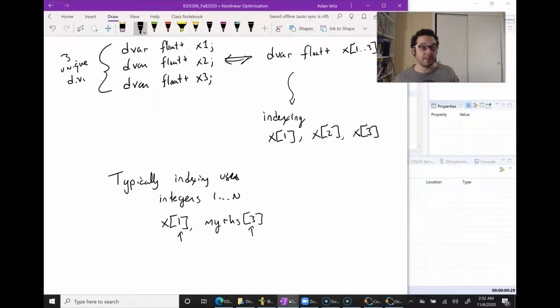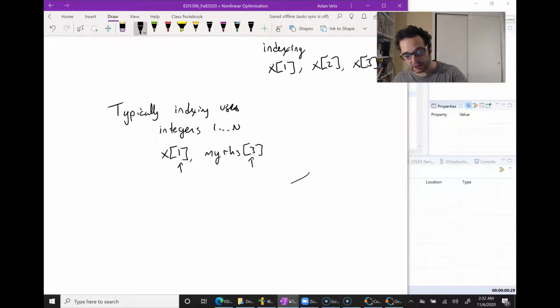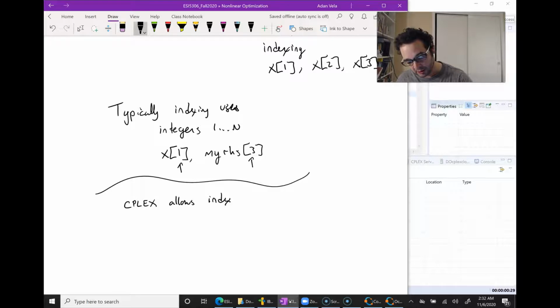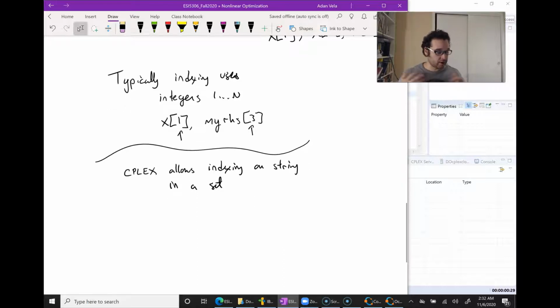Now, Cplex is actually kind of cool because it allows us to actually index on strings in a set. So let me show you what that looks like. So again, Cplex allows indexing on strings in a set. Okay. So the first thing we're going to do is we're going to create a set, and in this case I'm just going to make it small so that we can plug it into the other problem. All right. So one variable type that we can define is a string,